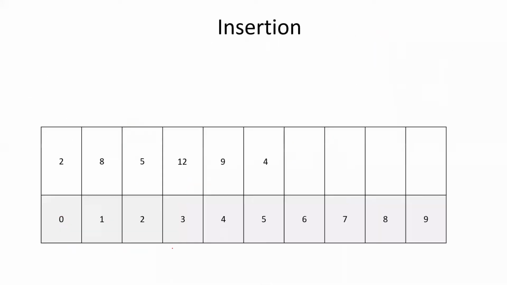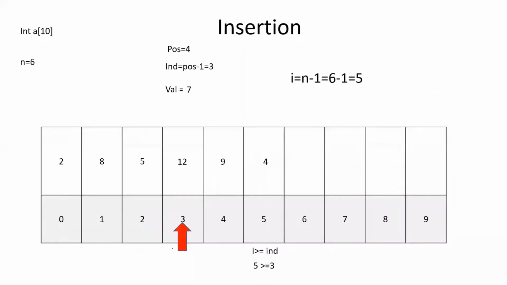That same example, so we have seen up to this. In each step, as I told, I will be set as 5. That means n minus 1. And in that while condition, we will be checking whether I is greater than the index position, right? If you want to give it as index also, no problem, or we can write it as index position. Index number it is, okay. So if I is greater than or equal to the index position, then what we have to do? So here in this case, 5 is greater than 3. In that condition, we are shifting the number.